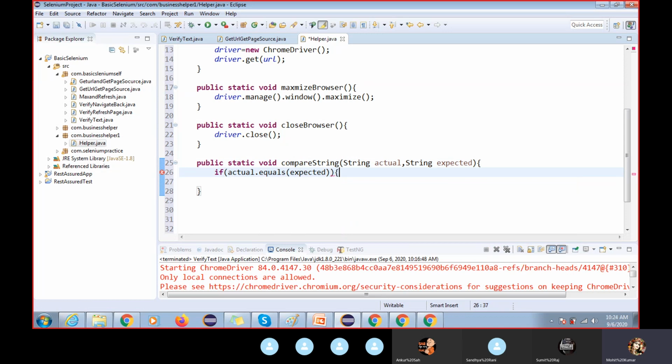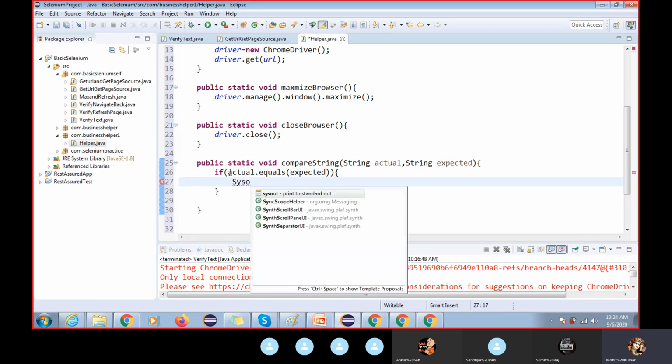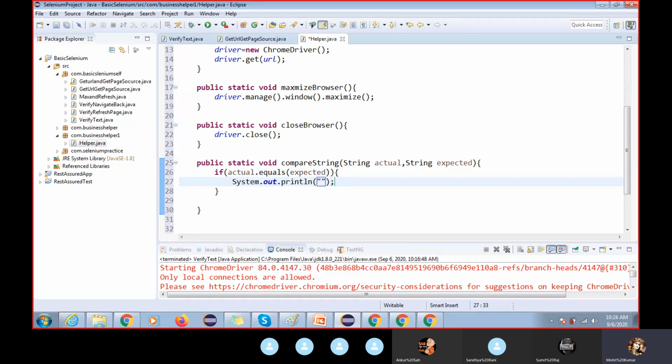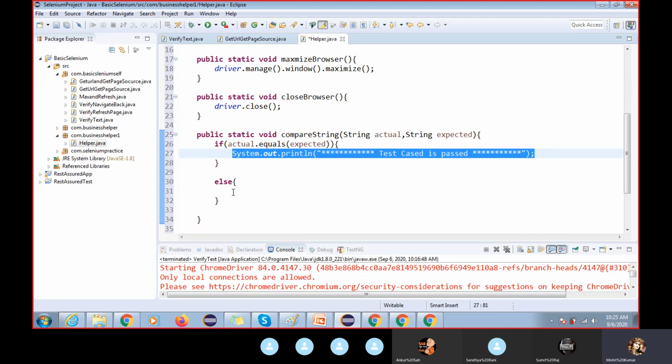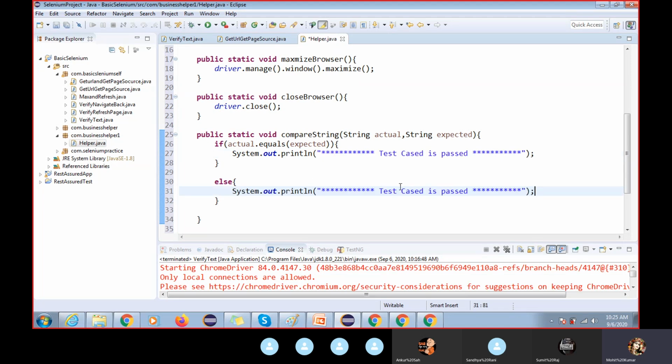Now we can simply write here "test case is passed". Now in the else condition, what will we do here? We will use "test case failed" directly. You should not write this line of code again and again.